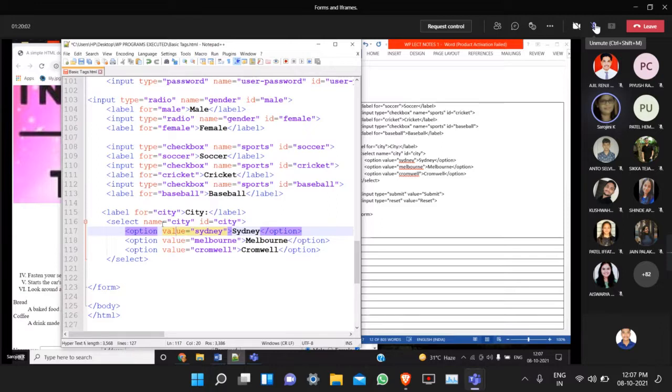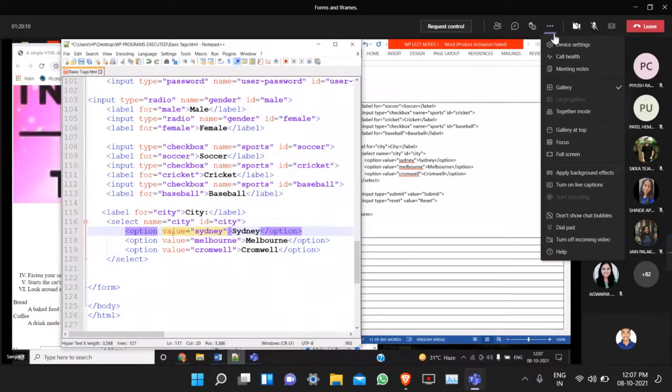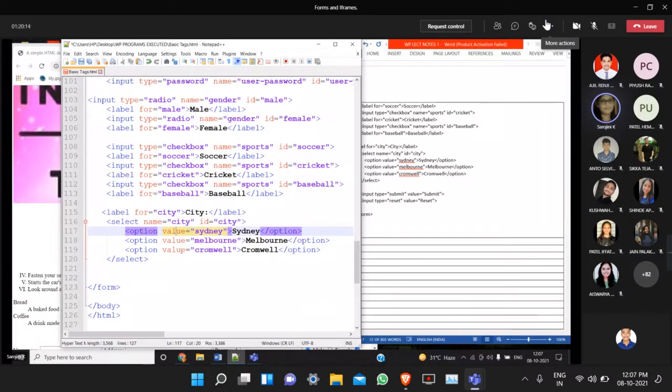So remember here, please listen. The value of the value attribute in the option tag, every option tag in one select tag, should be unique, should not be repeated. For example, here you have given Sydney, or here you are giving option 1. You can't give option 1 here also.